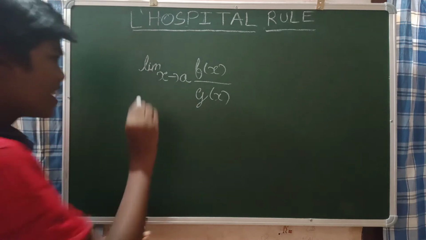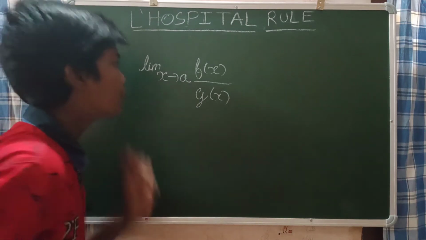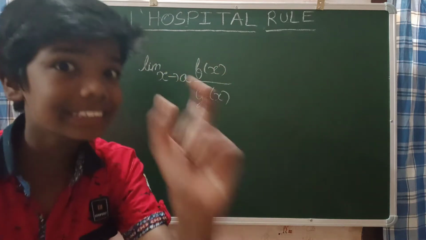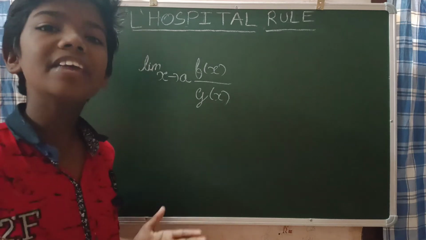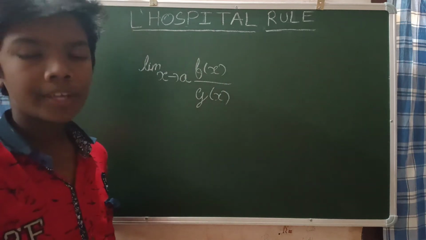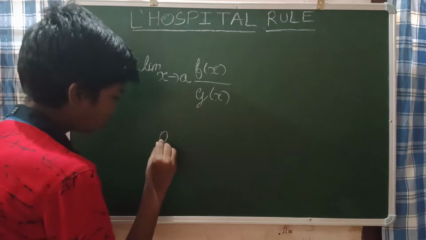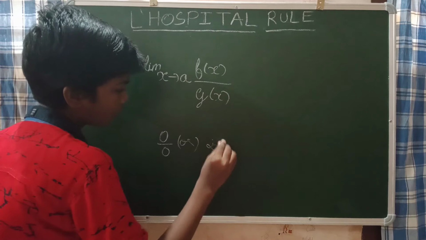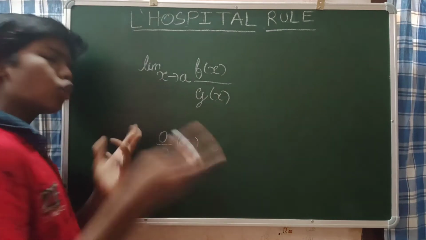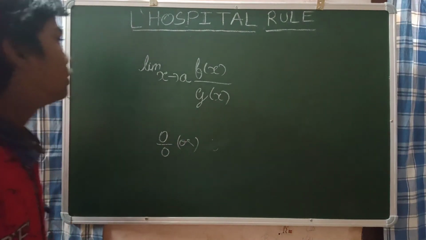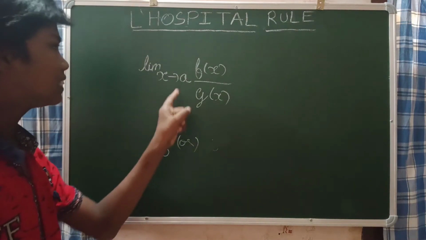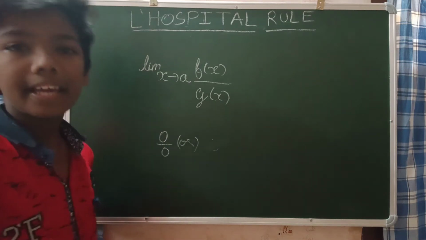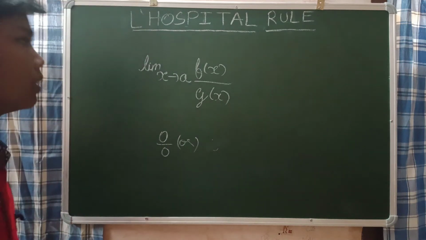Please remember, whenever the value of this limit, that means limit of x tends to a f of x by g of x, is in indeterminate form, we will apply this L'Hospital rule. Indeterminate form means 0 by 0 or infinity by infinity or infinity to the power of 0 and so on. Many indeterminate forms are there. So, when the limit of x tends to a f of x by g of x is in indeterminate form, we apply L'Hospital rule. That means,